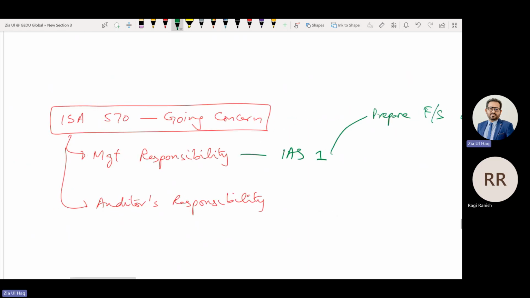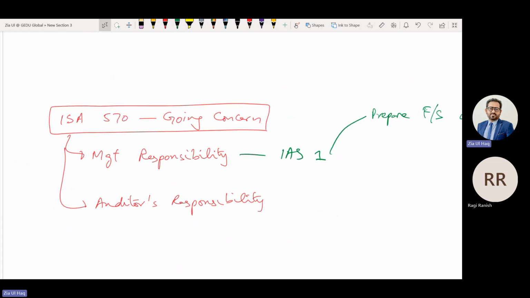In fact, before preparation of financial statements, they should assess the company's ability to continue as a going concern, meaning they should assess whether the company is a going concern or not.